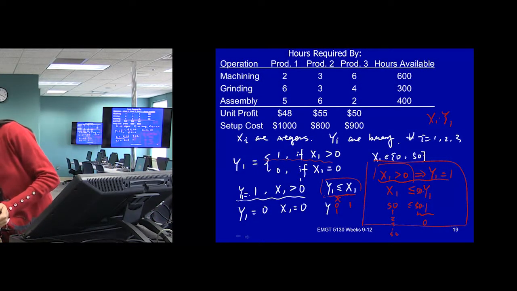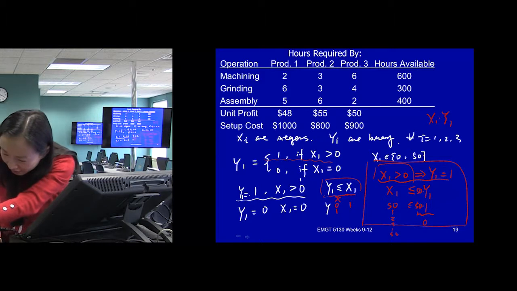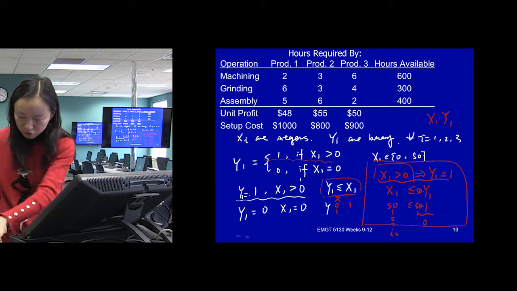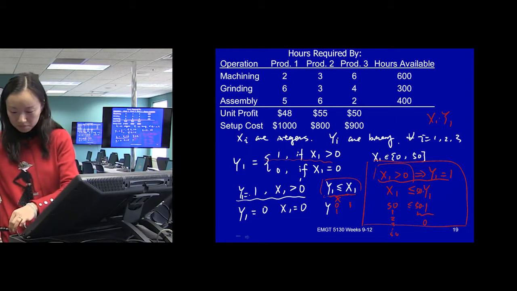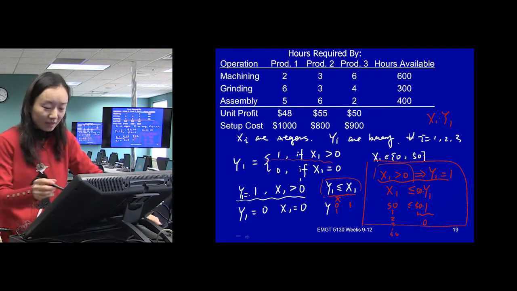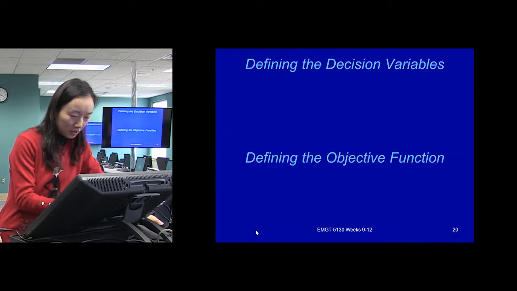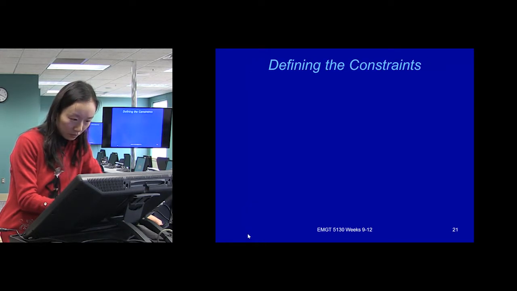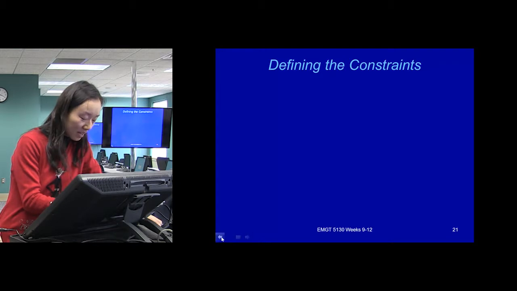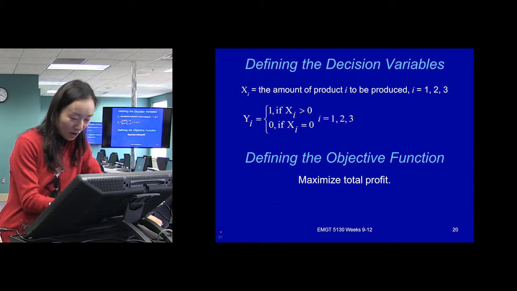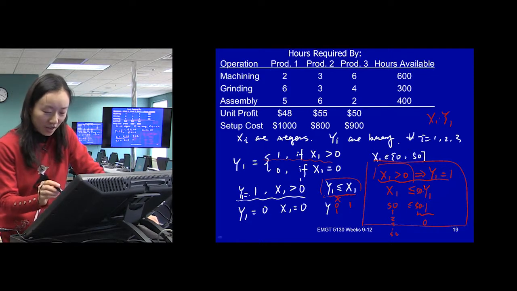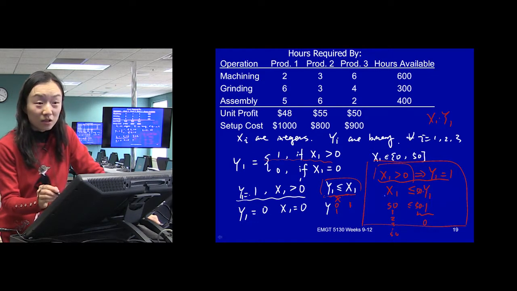I plugged it in. Oops. Is it charging now? Okay, so then we came up with this constraint here. Okay, so let's just summarize this part very quickly. Oh, actually, the next step, after you come up with this, we're under time crunch here. Okay, after you came up with this constraint, try it again.